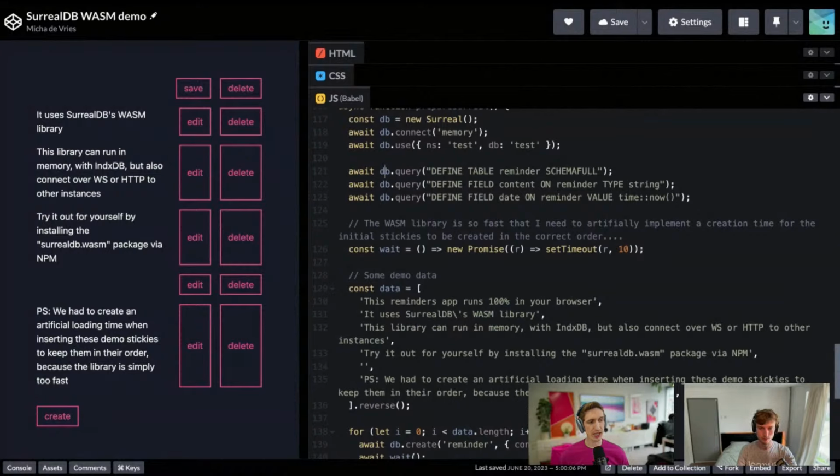So effectively, what we want the WebAssembly library to be is something that gives you as a developer the ability to run SerialDB locally, whether that's on the server side or in the browser, and have all or almost all of the functionality that you have when you run it as a server. So that's where we're going to.